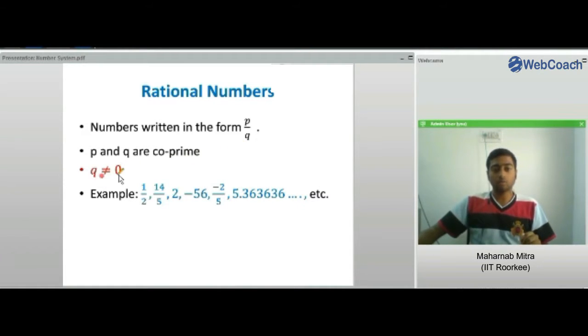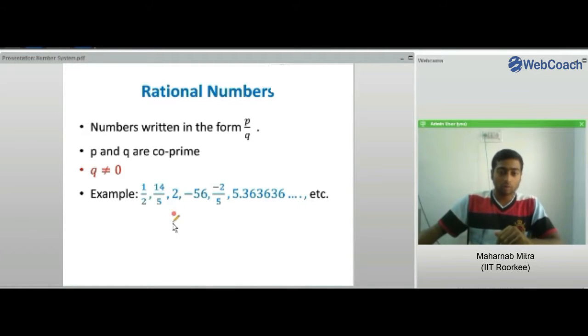And the second condition here is q should not be equal to 0. Okay, because if by chance the denominator becomes 0, the number would not be possible to represent on the number line, because division by 0 is not possible. Okay, like here you can see the examples are there in numbers in the form p by q, 1 by 2, right? And there are also improper fractions, 14 by 5, and we have integers also in the set of